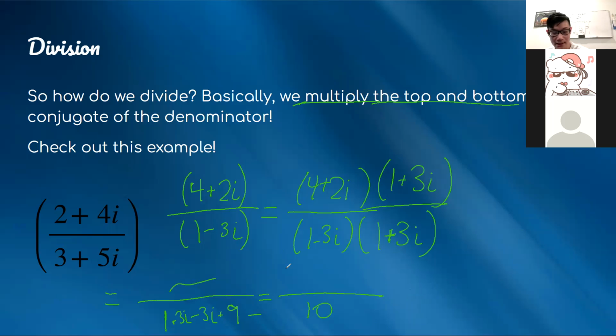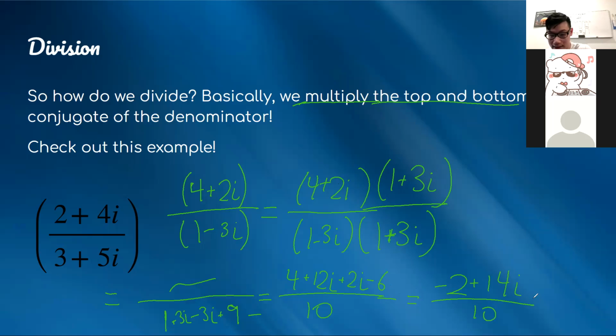This top is whatever this is. And now, since we have the bottom, all we have to do is do the multiplication on the top, which we already know we can do even though there's an i. So 4 times 1 is 4. 4 times 3i is 12i. And then we move on to this next one, distributive property. 2i times 1 is 2i. And then 2i times 3i is 6i squared. And 6i squared is just negative 6, right? And so this becomes 4 minus 6, negative 2, 12i plus 2i, positive 14i,